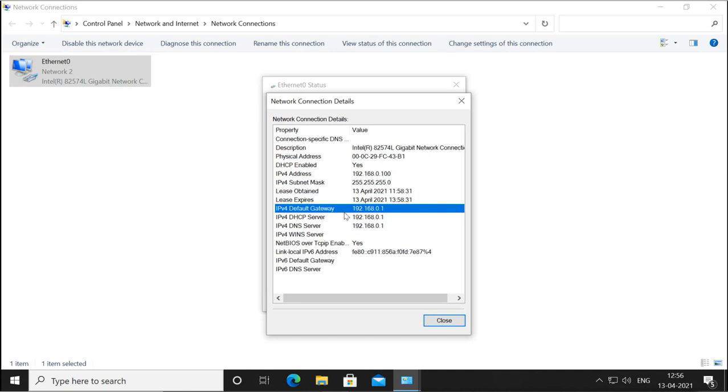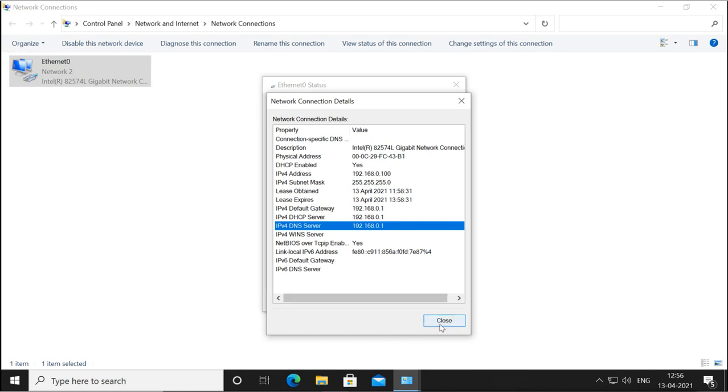So your network is 192.168.0.0, and if you want to go out of your network, you have to go through the gateway. To have an internet connection, you must have these two things. These two things are very important: your gateway IP and your DNS IP. If any of these IPs are not there, you will not be able to get the internet.